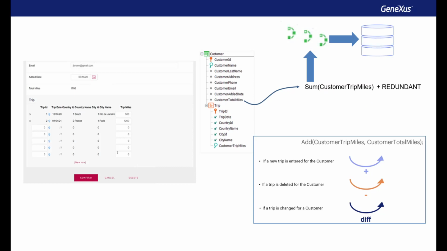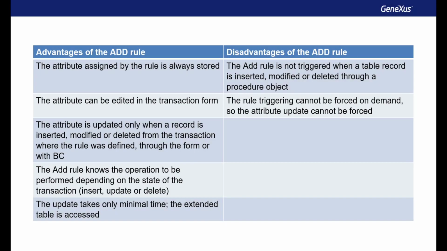Therefore, from the point of view of the update, and that the attribute is stored, updating the attribute by means of an add rule and defining it as a redundant formula are equivalent solutions. However, there are several differences to consider between using one way or the other. Now let's look at some comparative tables to help us consider the pros and cons in each case. First, let's analyze the advantages and disadvantages of using an add rule. The advantages: